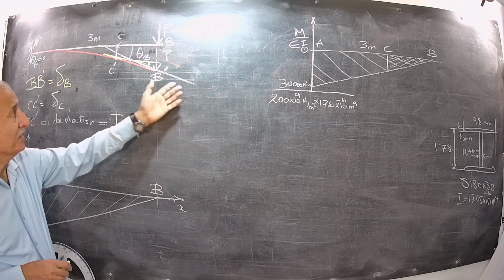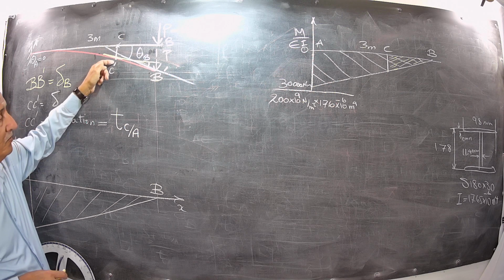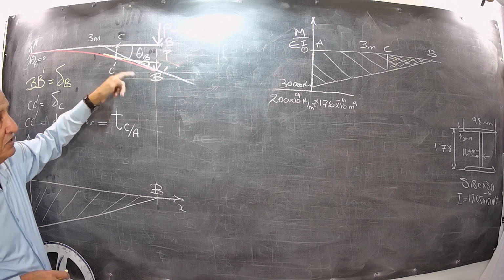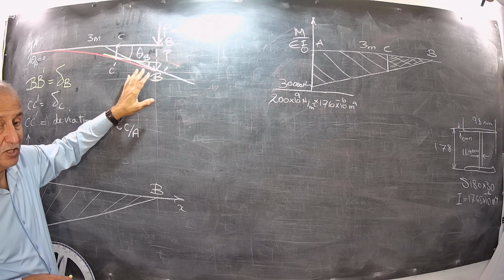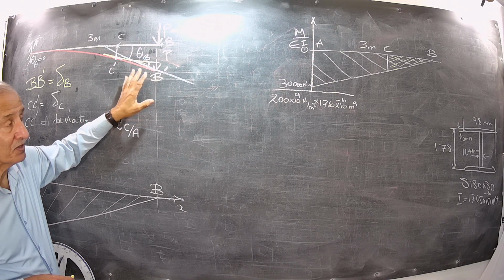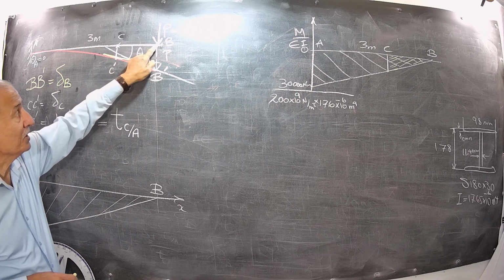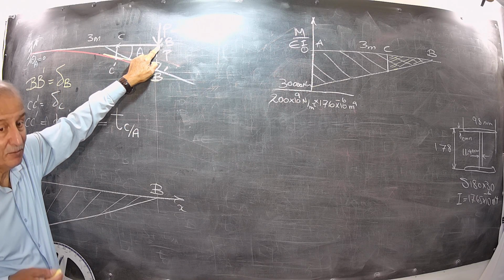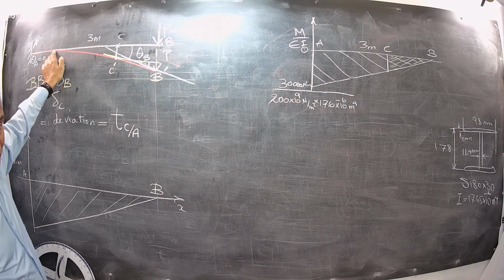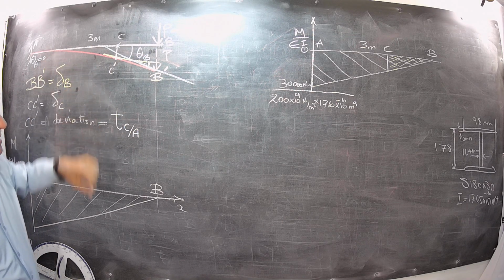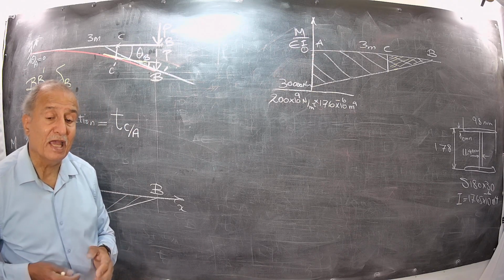The second theorem says that deviation at any point of the beam, deviation is always a tangent deviation, is with respect to a tangent at another point. For example, deviation at B with respect to the tangent at C, or deviation at B with respect to the tangent at A. Okay? Then it is equal to the first moment